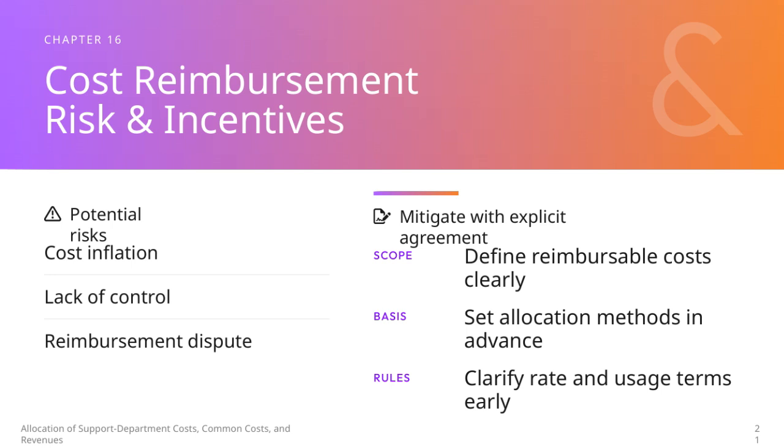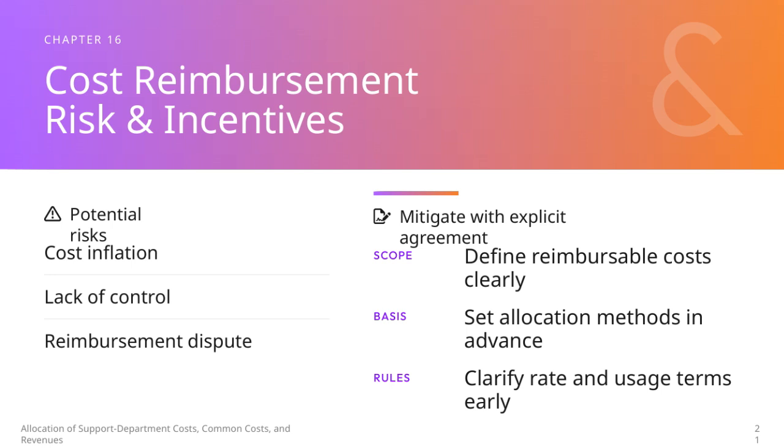To manage these risks effectively, it's crucial to have explicit agreements in place. One key area is defining the scope clearly, particularly what costs are reimbursable, so there's no ambiguity. Equally important is establishing the basis for cost allocation upfront, meaning we decide how costs will be allocated before the project begins. We also need to set clear rules regarding rates and usage terms early on, to avoid confusion later. Finally, this chapter covers the allocation of support department costs, common costs, and revenues to ensure proper financial management and